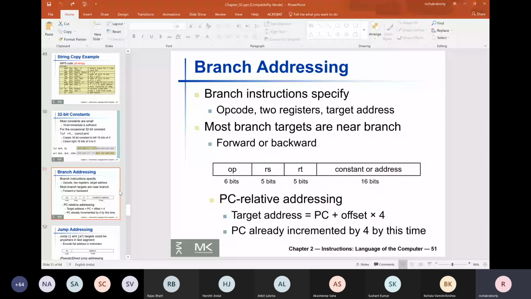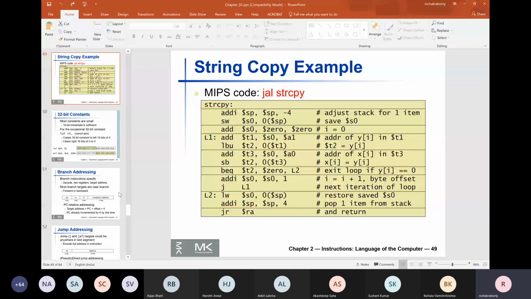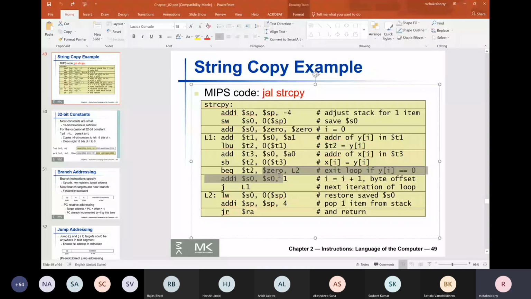Let us consider instructions like branch, say BEQ. What is a BEQ instruction? Just to recall, two registers are compared and one label is mentioned. What the encoding of this label is, is not clear.